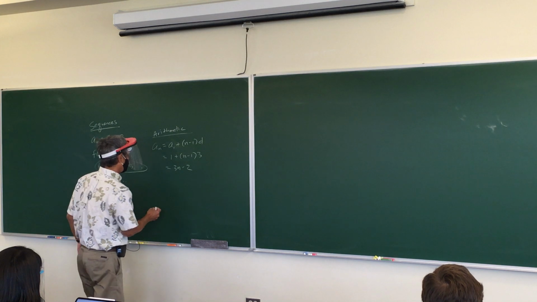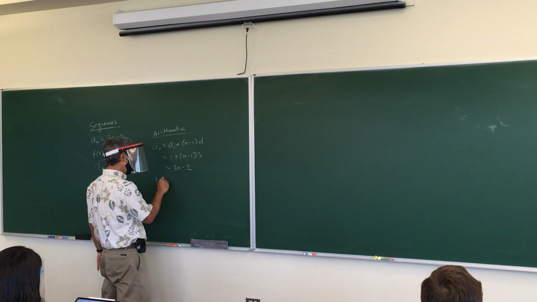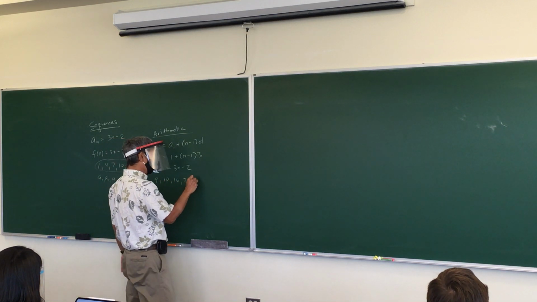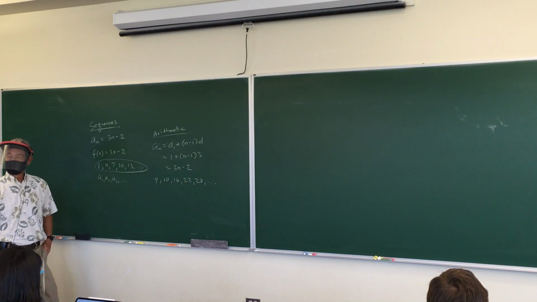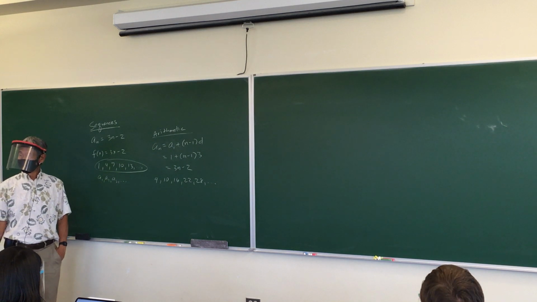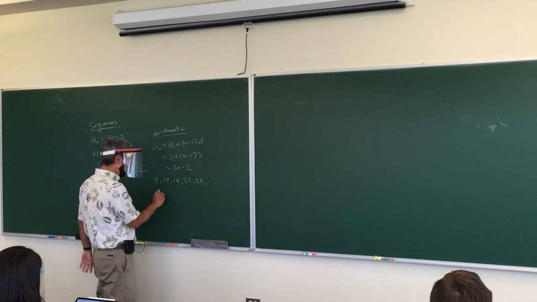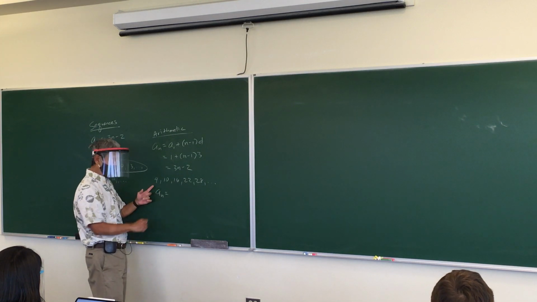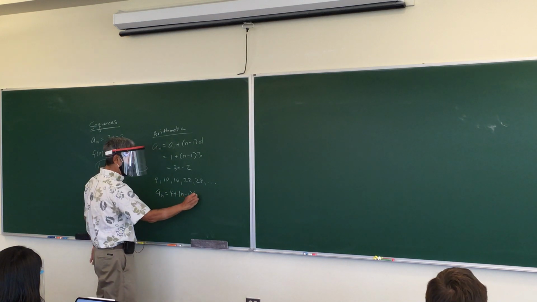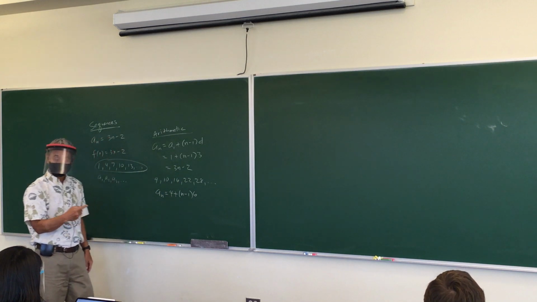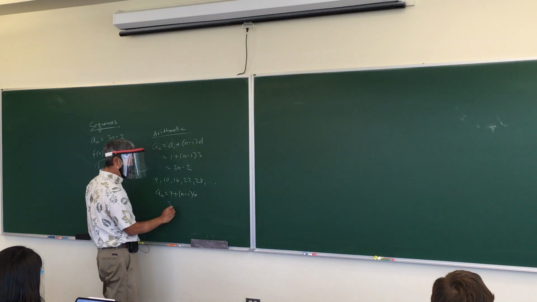Okay, let's do another one. How about 4, 10, 16, 22, 28, dot, dot, dot. Is this an arithmetic sequence? Do I keep adding the same number every time? Come on, people. Yes. So you use the formula. A sub n equals the first term, 4, plus n minus 1 times 6. Right? Because isn't 6 the number you keep adding? 6 is called the common difference. And there you go. That's the formula. And if you distribute the 6, what do you get? You get 6n